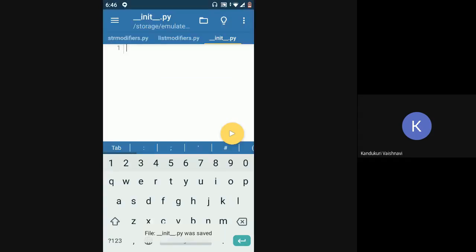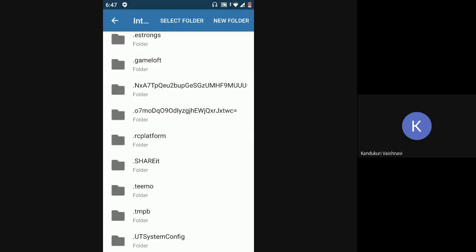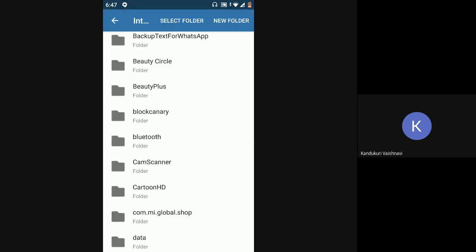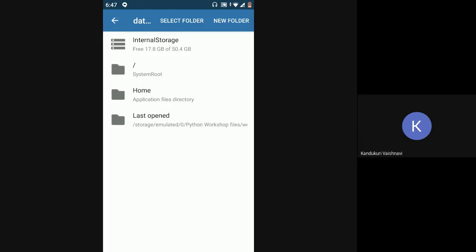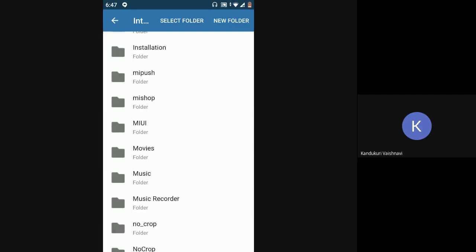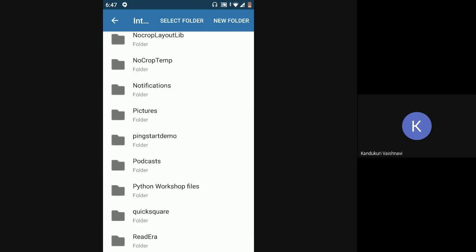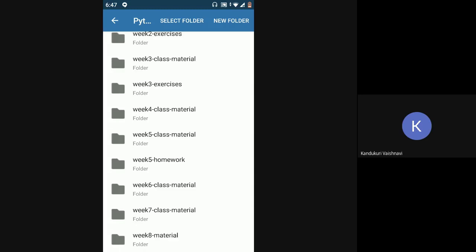Okay, so here, as you can see, there is no content as such, but whenever you want to create a package out of a directory, you will have to keep this init file inside the directory. This will tell Python that it is a package. This is what converts a directory into a package, right?